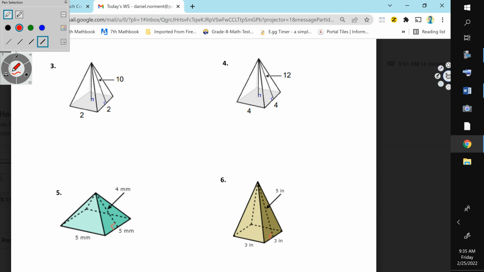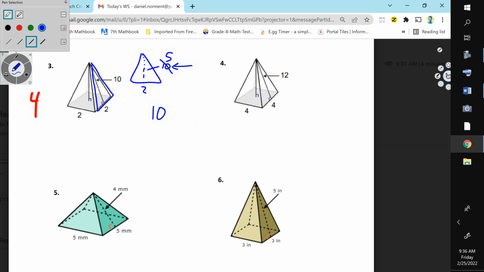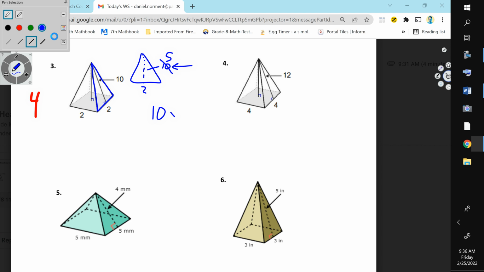Number 3, so you have the base right here. So the area of the base is going to be 4 because it's 2 times 2. And then you have one face, and it's a height of 10 and a length of 2. So let's cut this in half, and let's multiply 5 times 2 to get 10. Now I don't cut this in half because I've already cut this in half right here. So you have 4 faces,